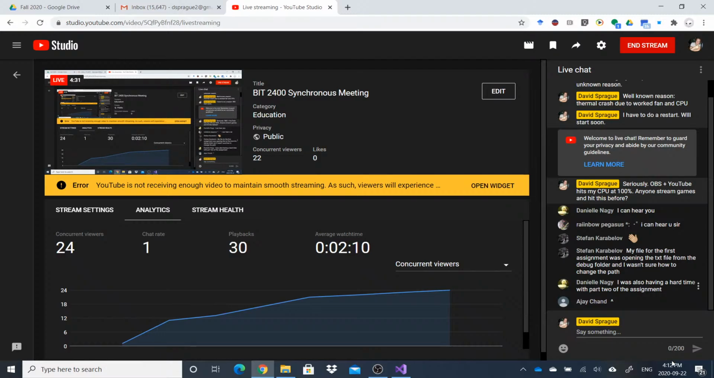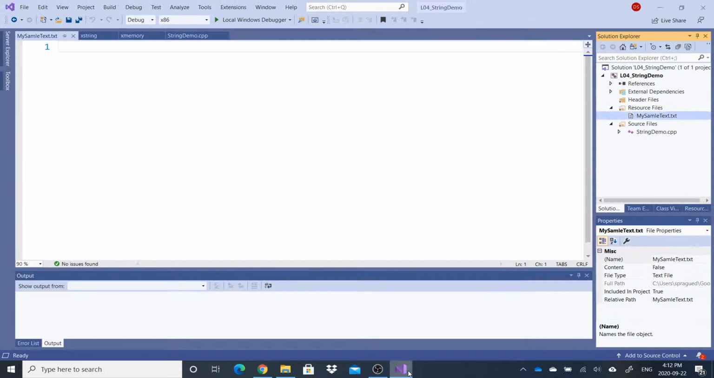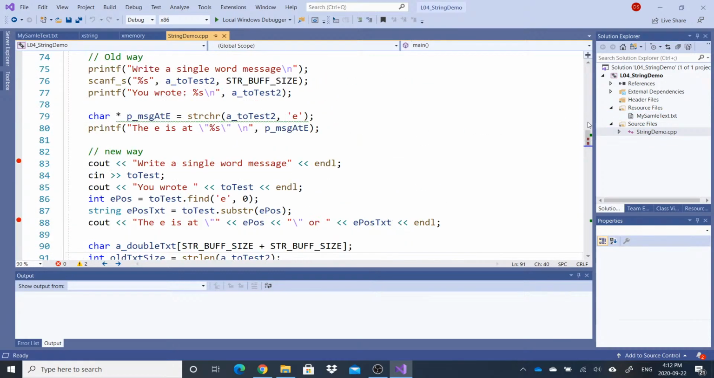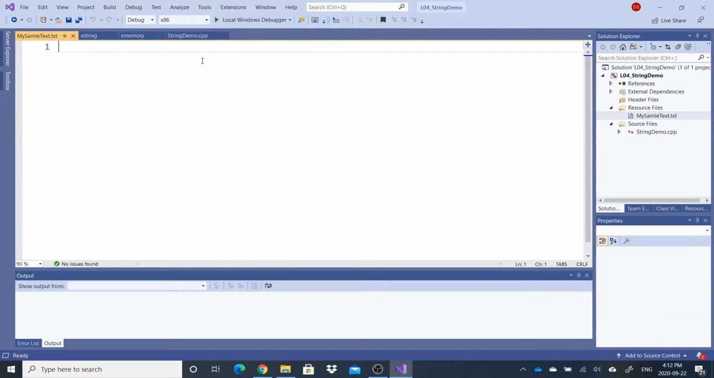But let's have a quick look at the second half of the assignment for this, which hopefully will also directly deal with what we're going to be dealing with in the next assignment. All right, so I'm going to have this file. I'm going to make my sample text. This is my sample text. Here,